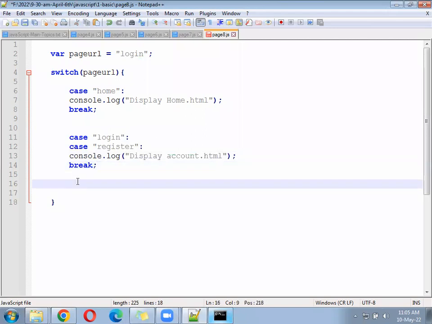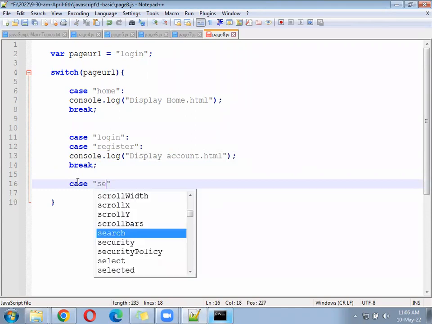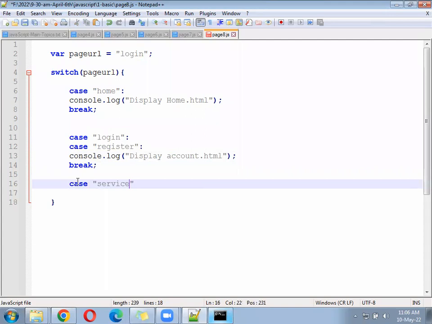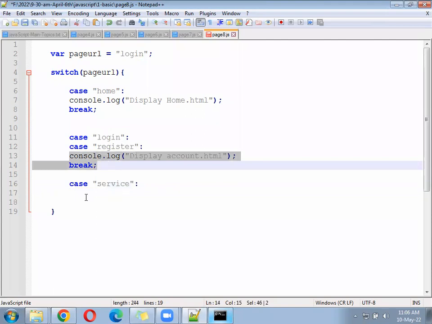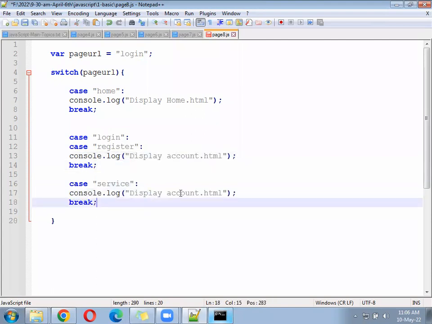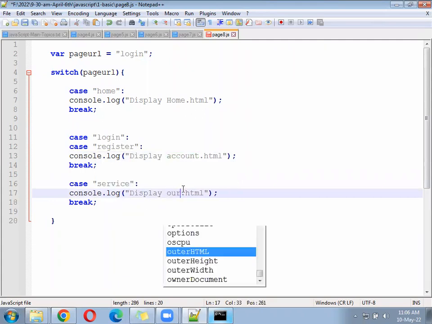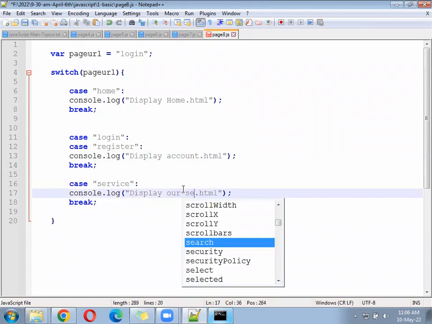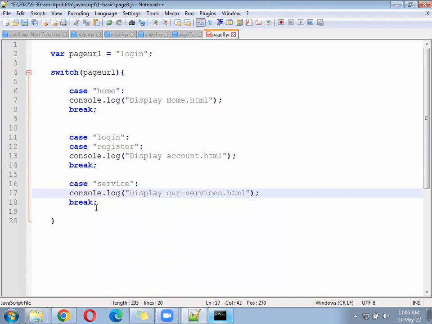Write the case. Service. Then display our services.html. If this is not the pages, if the user has not clicked here and there, if the user has opened the page directly,